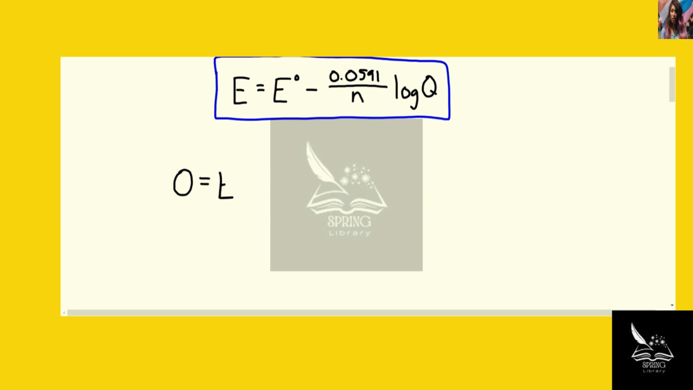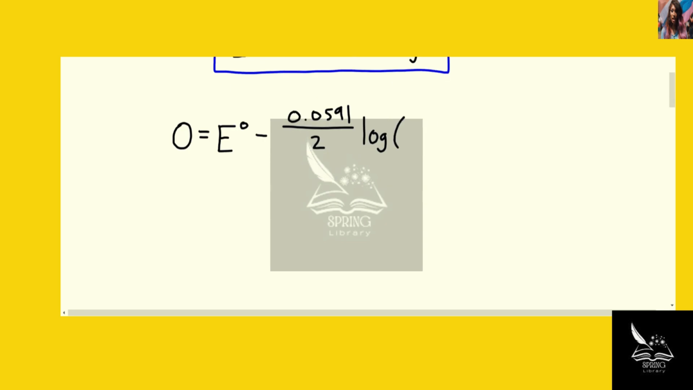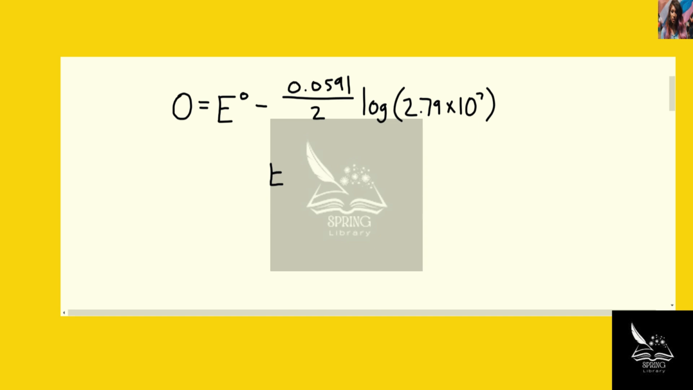We are solving for the cell potential at standard conditions minus 0.0591. We just saw that n is equal to 2 moles of electrons. And since we are at equilibrium, the Q is now K. And so if we plug in that value of K that we are given, which is 2.79 times 10 to the power of 7, then we can rearrange this equation to solve for that cell potential at standard conditions. And when we do that, we should get a value of